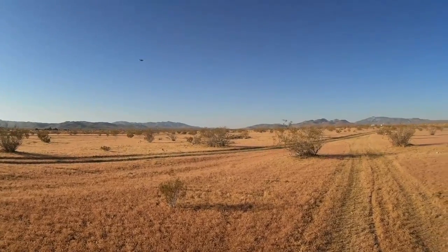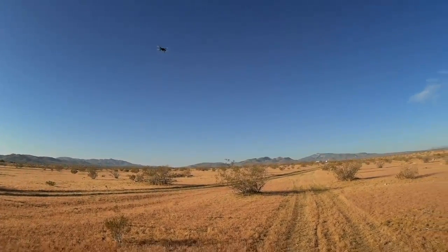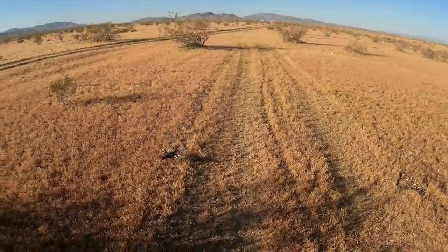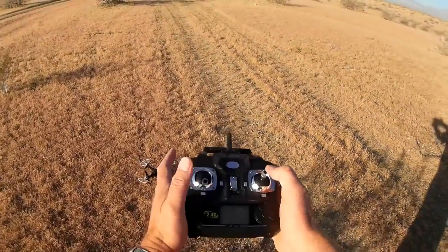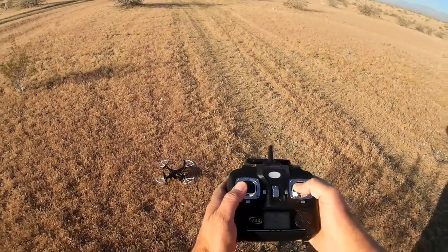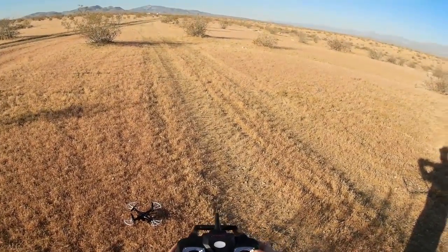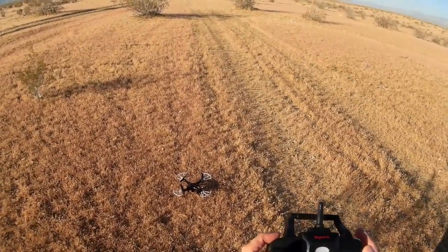Let's bring it down and land it and reset it. Maybe when I did that gyro calibration, that kind of messed up the headless mode direction. Okay, I'm pointing in the direction of the mountain. I'm moving and holding both control sticks to the lower left corner, holding it there for about 5 to 10 seconds. And hopefully that'll have headless mode corrected. Pressing and holding the...